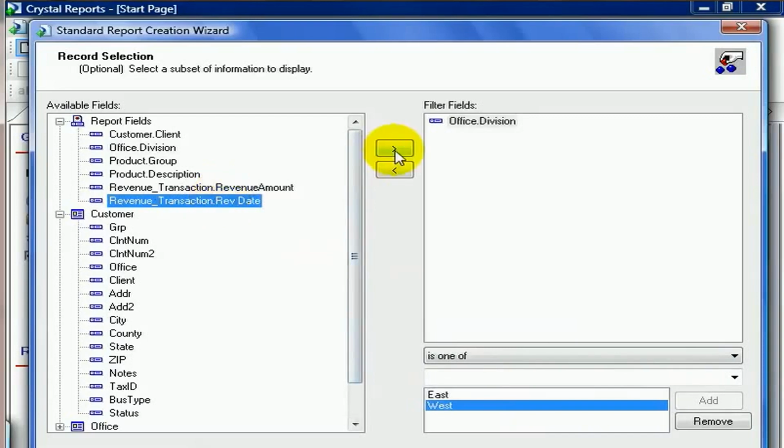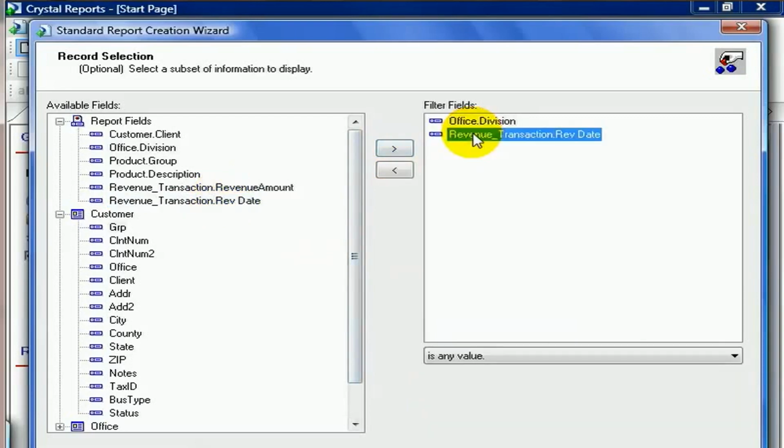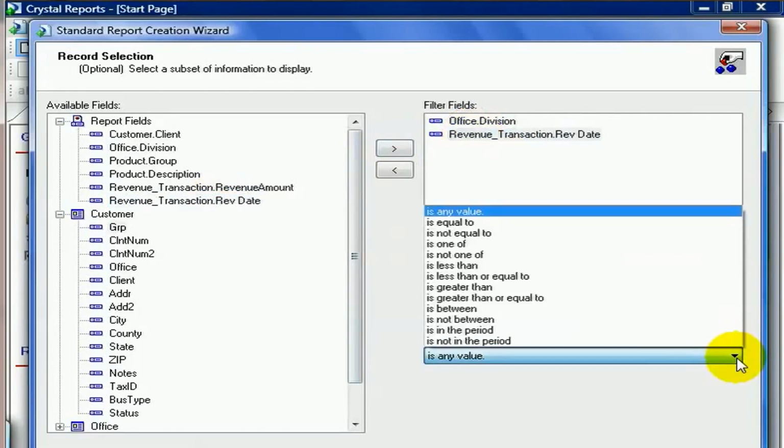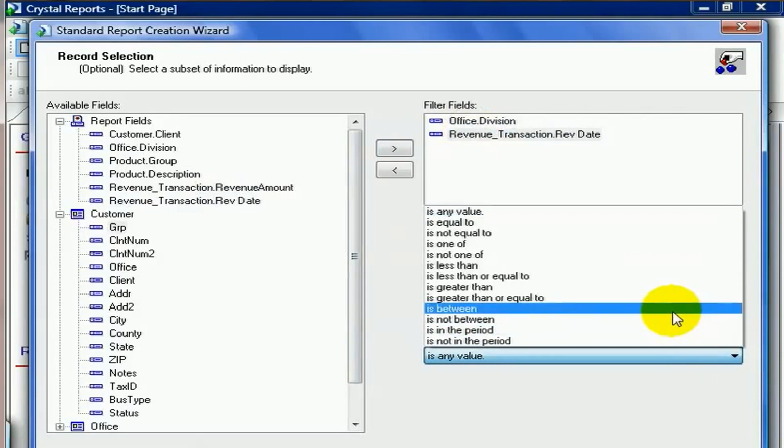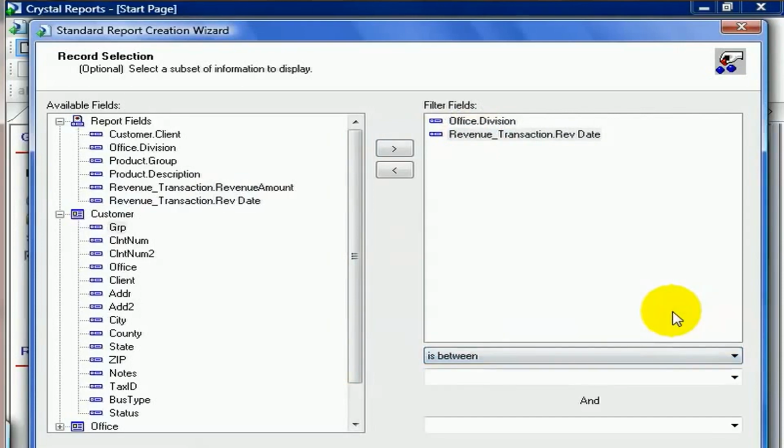So we go ahead and pull that over, highlight the field so we can start modifying it. And in this case, we're going to choose something a little bit different. Kind of left this on your own to figure out, but it's fairly obvious once you think about it. I'm going to use the isBetween function. IsBetween works great with dates. In this case, it's